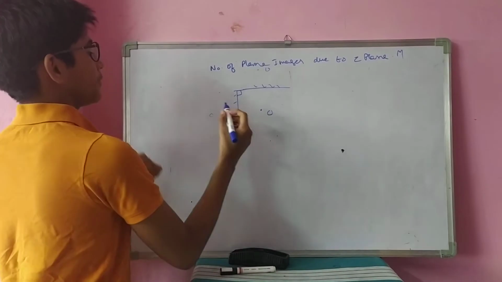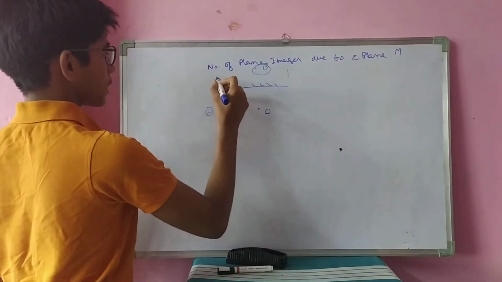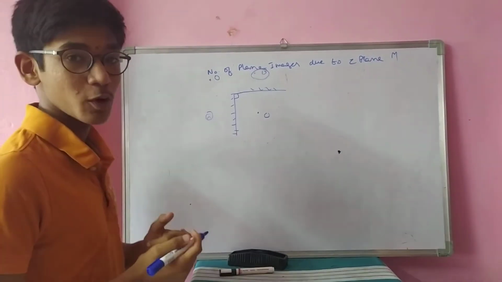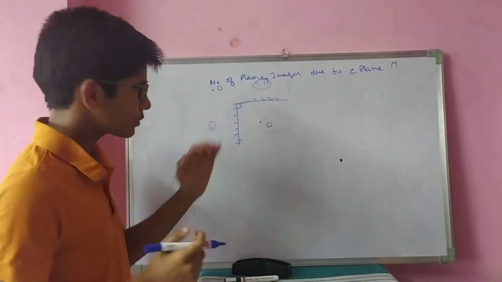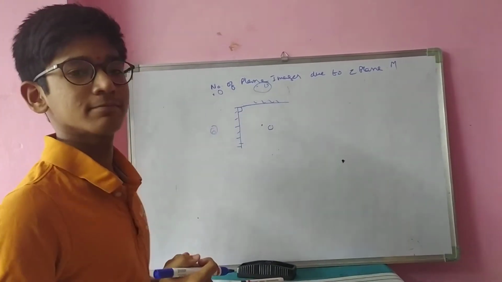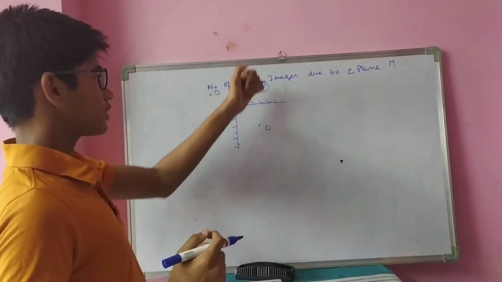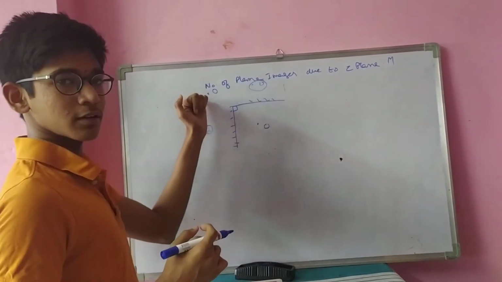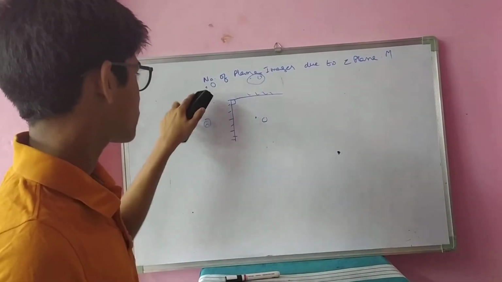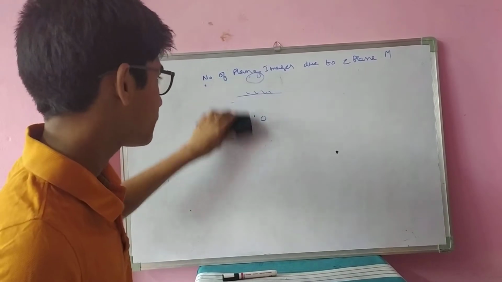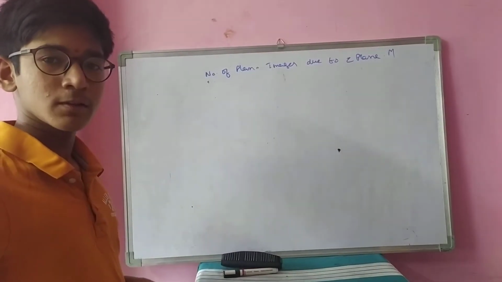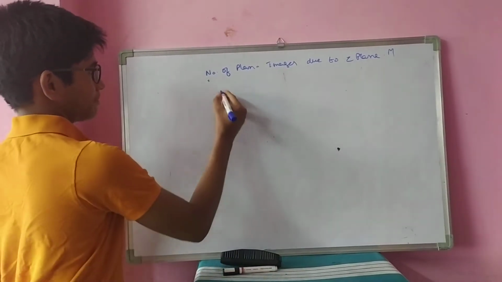No, not only these two images, one more image is formed here. How, sir? How is it formed here? There are totally three images when the plane mirrors are placed perpendicularly and the object is between them. One for this, one for this, and one for when these two images act as an object. How the third image is coming, we are going to discuss. We can explain it by a ray diagram.